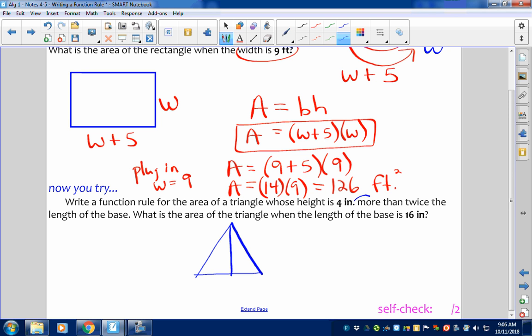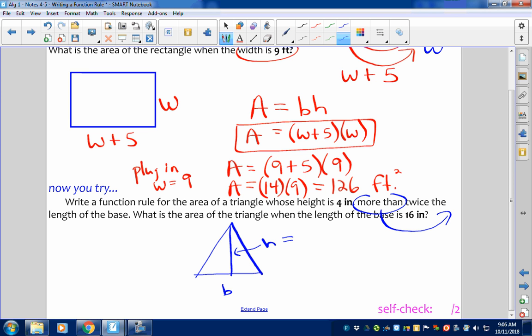So the more than will take and flip this 4 over to the other side of the twice. So the height is going to be in terms of the base. I'm going to write B down here for the base. There's the base. And the height is typically this right here,